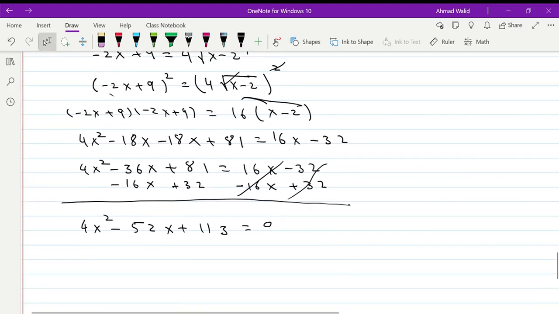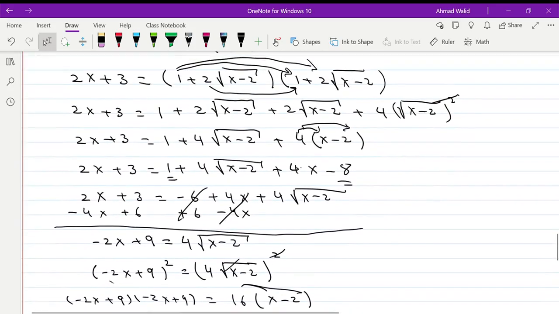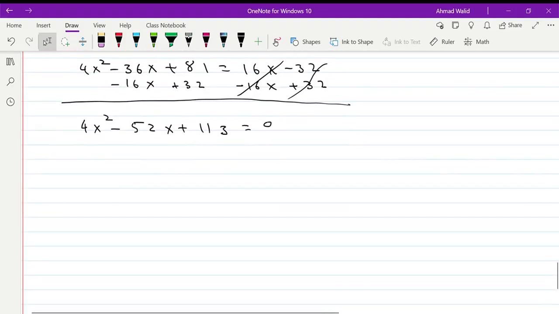Let me check. 4 squared is 16. No, that's correct. Correct? Here you can use your formula, which is x equals negative b plus or minus square root